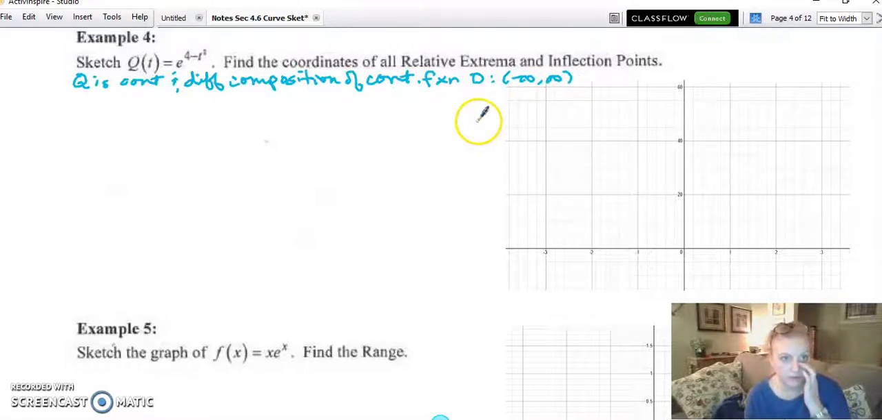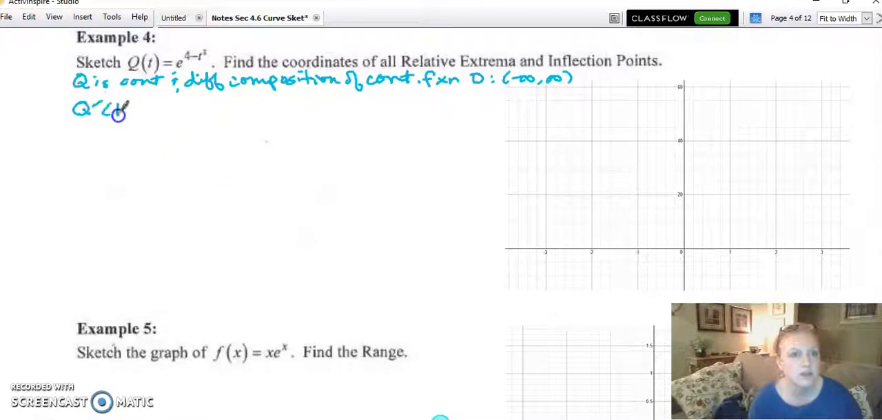So we know that we don't have to worry about any critical values where our derivative is undefined. It's only going to be critical values where our derivative is equal to 0. And then our possible points of inflection will be where the second derivative is equal to 0. All right, so we'll take a look and we'll go ahead and find our first